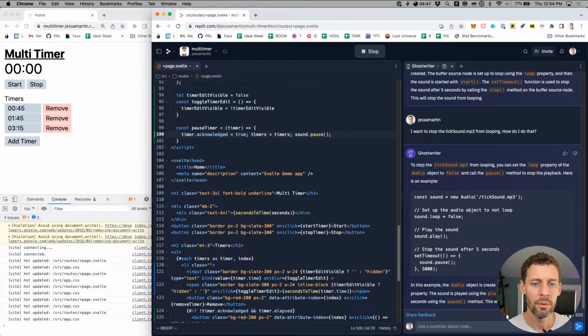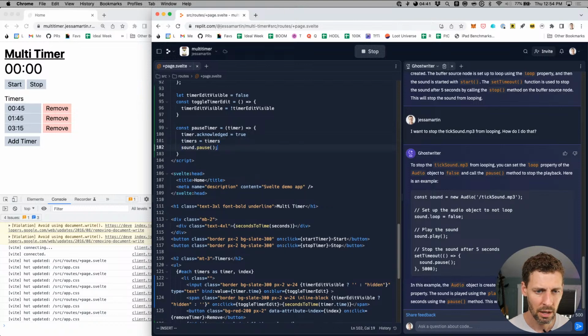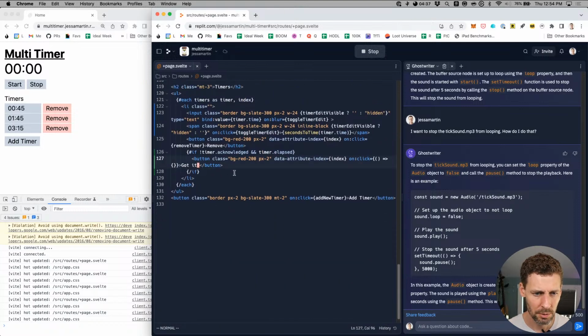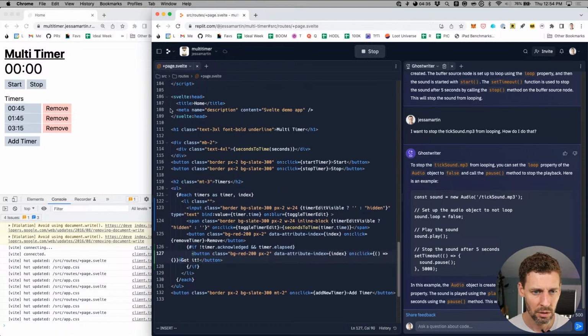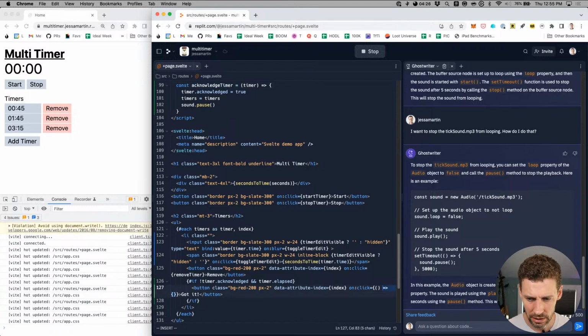And right, I don't have ESLint, so it's not wrapping for me automatically. There's that. All right, so that pauses one of the timers. I'm going to call this acknowledge timer to make it align with the data model there. So now we'll call it acknowledge timer, come back in, replace this onClick with acknowledge timer.